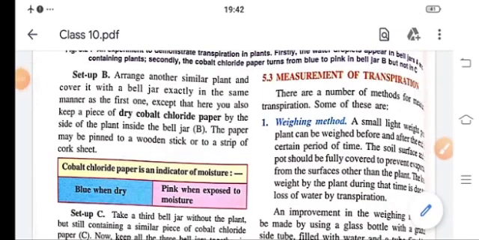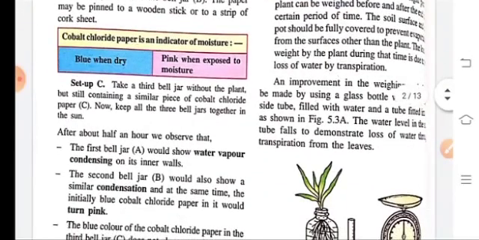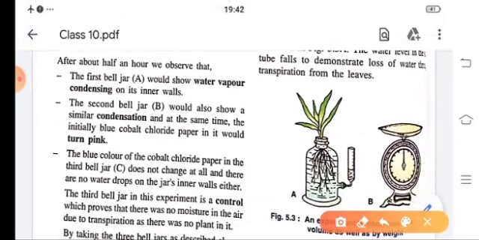There are several methods for measuring transpiration. Number one is the weighing method. In this, children, we are going to take a small light weighted plant, and weighing can be done before starting the experiment. This plant is kept in a measuring jar which is filled with water, and the level of the water is also noted down. Then after keeping the plant in sunlight, in 2 to 3 hours we will observe that there is loss in weight of the plant, and there is also a decrease in the level of water in the measuring flask. This shows that the plant transpires.